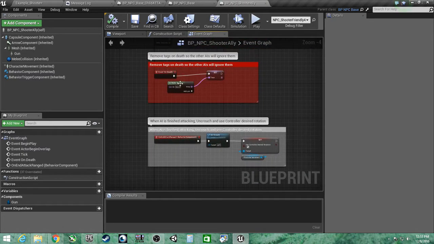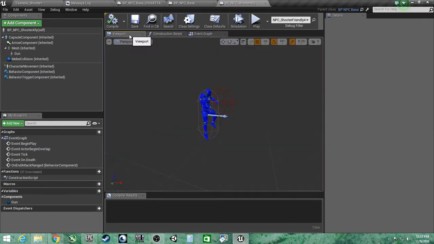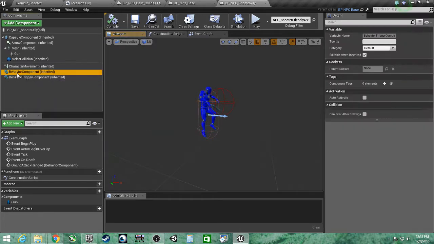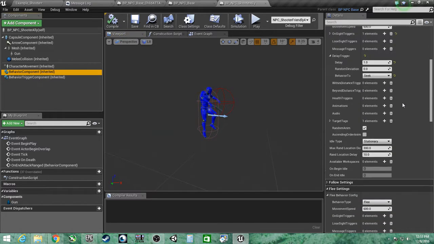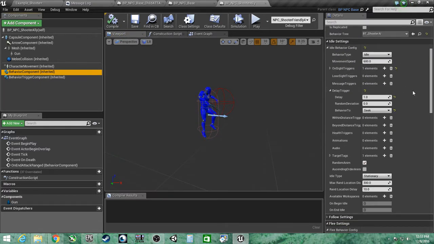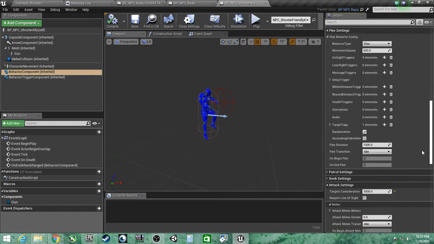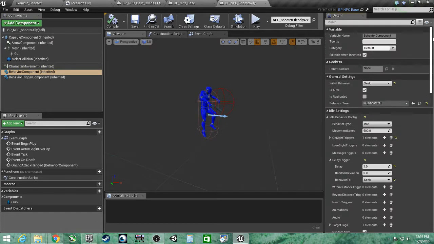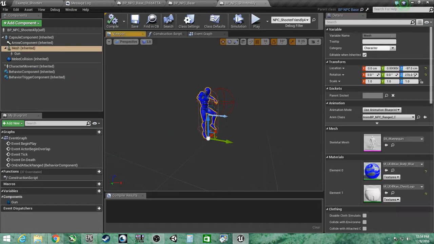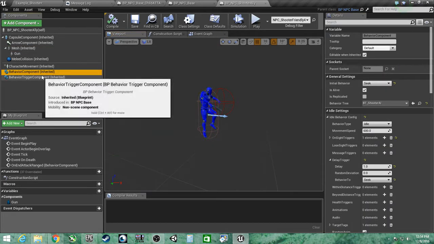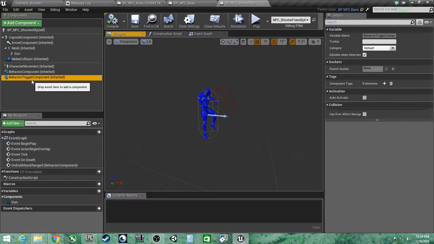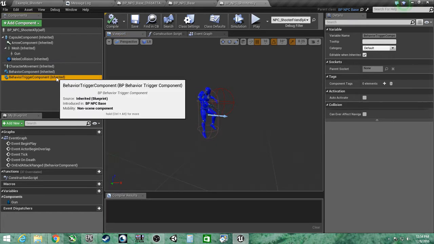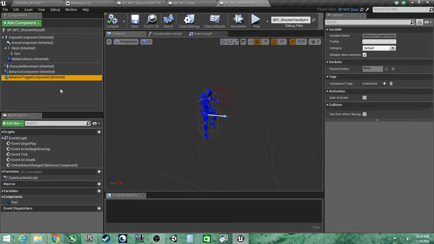There's not a lot in the event graph, but I'll show you what's really operating: these two things here. And I'll show you what I did with them in my own project. It's not super ridiculously impressive, but I only spent a good 2 hours in it. I really haven't cracked this open much, but this behavior component is going to be the brain of the AI logic system. And the trigger component, I believe, and this is an asterisk, I'm not 100% sure, but I believe this